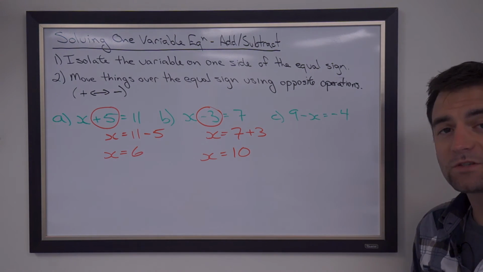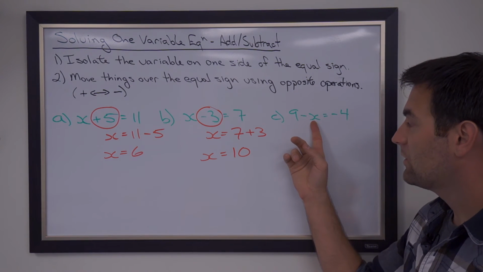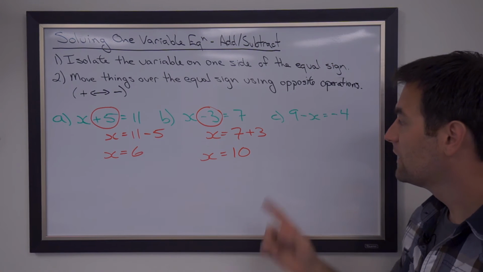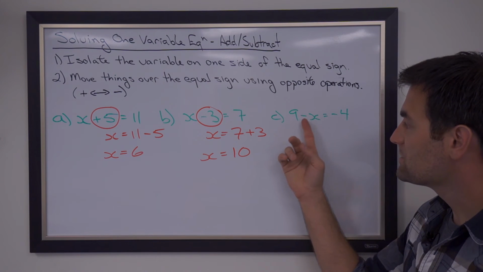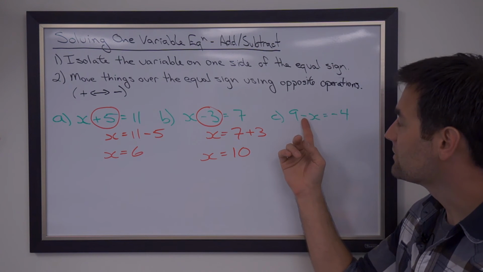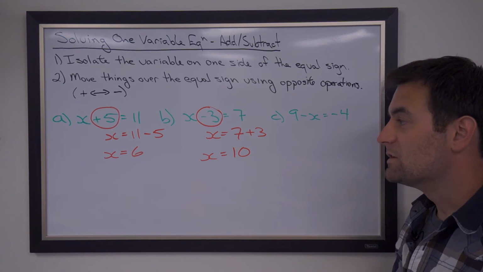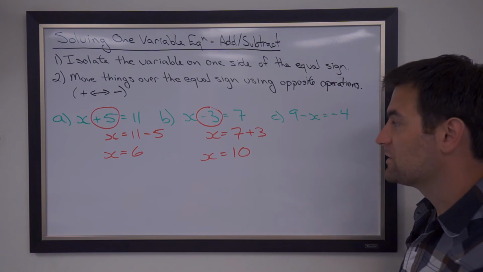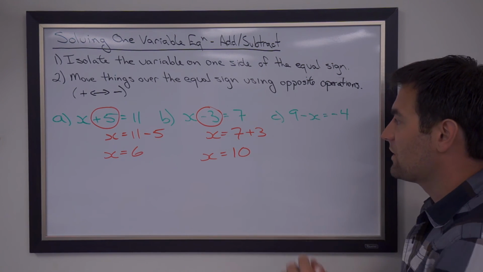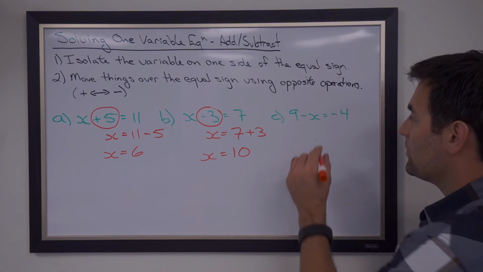In our last case, we have a slightly different type of problem. The x is now after the number, and it has two hiccups that you'll find. One is there's no sign here with the 9, and the second is that the x is a negative x or a minus x. To deal with this, there's a couple things we got to look at. First off, we need to get the x by itself, so that means we have to move the 9. So when we move the 9 over,